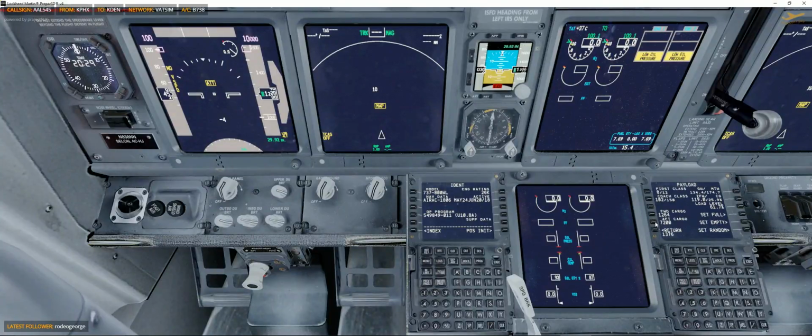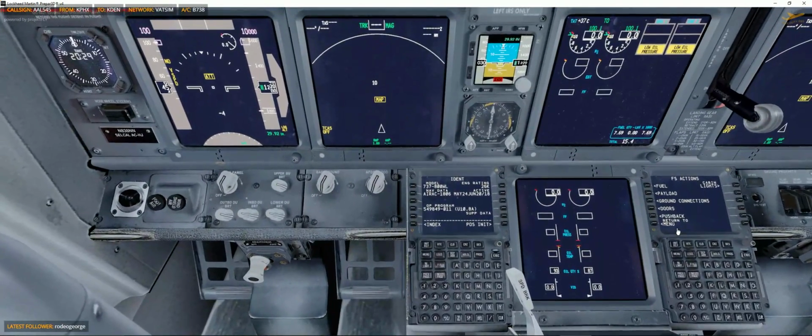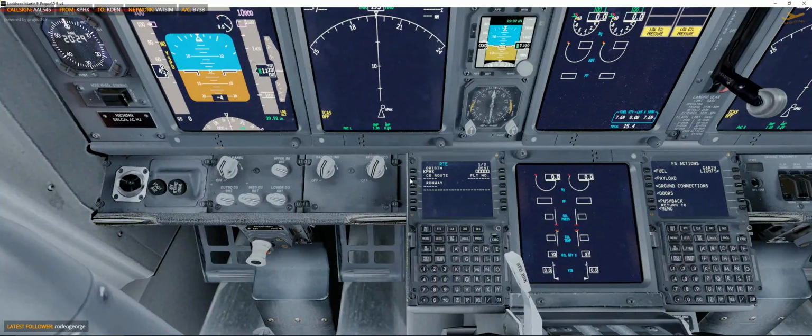This is where data link would come in handy right about now when you have to restart, right? Okay, we're still on ground connection. One thing I'll bet you is that the parking brake works. We're on chocks. We can unpause it now again. Those are all in agreement. We'll take the left side. I did not resend that to...